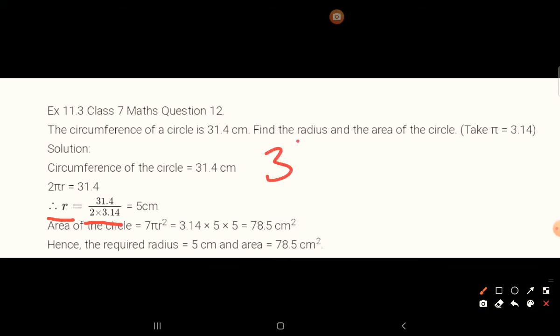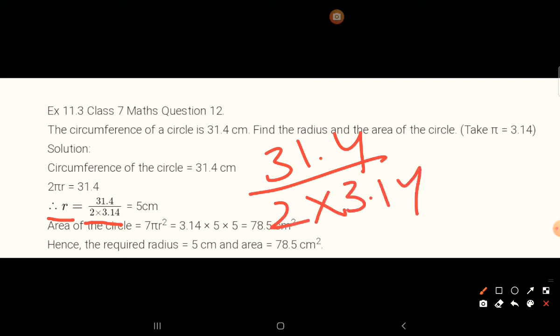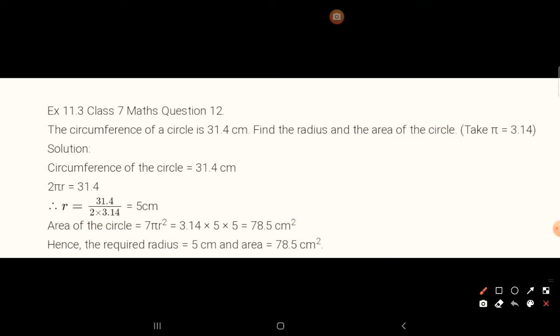Now this is 31.4 and here 2 multiplied by 3.14. Here the decimal point is after 2 digits and here the decimal point is after 1 digit. So if you remove the decimal and write it in fraction, here it will be 100 and here it will be 10. I'll show you the calculation part. If I remove the decimal point, you can do it directly also, but if you do not know, then how to do it?